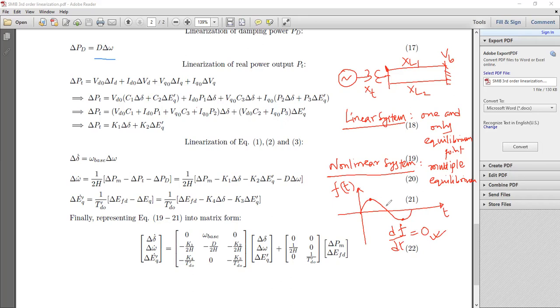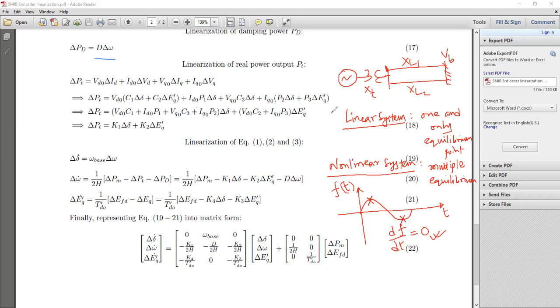So you see, this is a nonlinear system, a sine function, and you already have two equilibrium points, of course, of differing characteristics. So you have to actually fix this before you analyze the system stability, before you design your control system, whether it is a nonlinear system or a linear system. You have to identify, or fix, the equilibrium point for which you are going to design your control system, because in general,